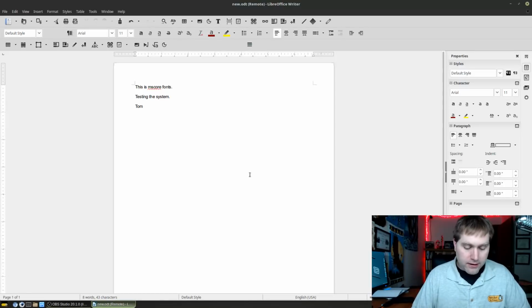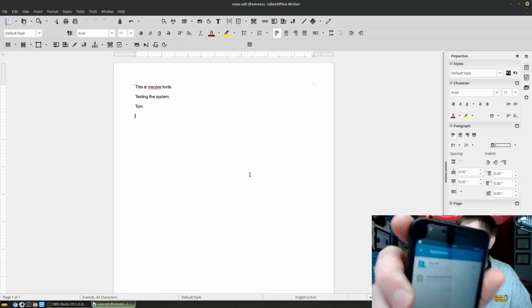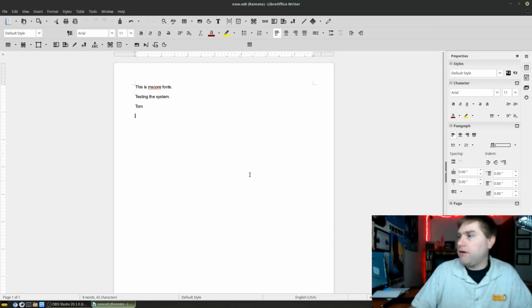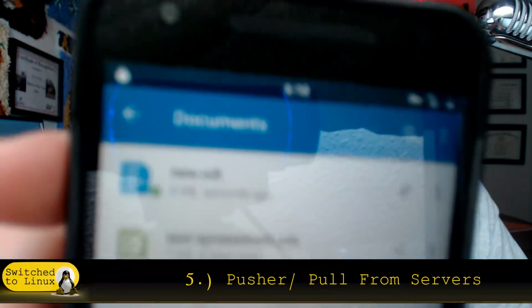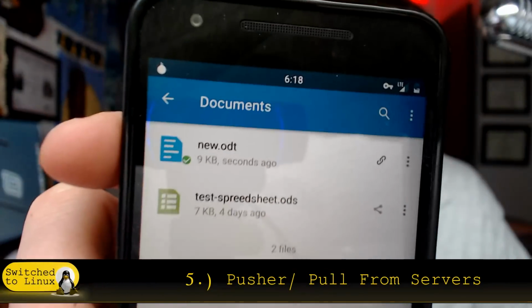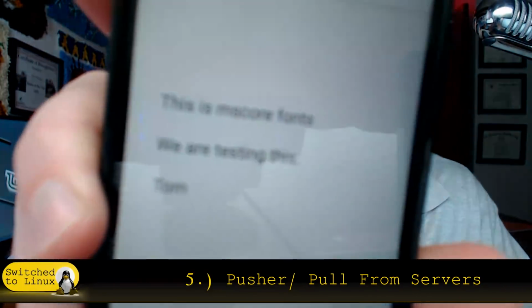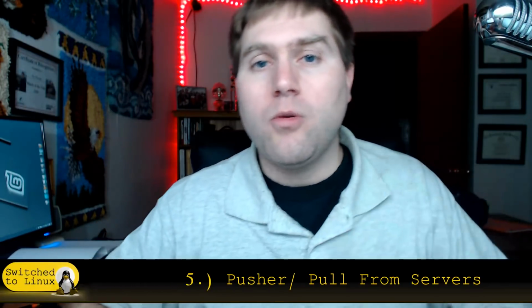So I'm going to go in here, and my application says that it was changed just a second ago. Let me go ahead and make my screen a little bit bigger so you can see that. So it does tell me that the document was changed just a second ago. I'm going to go ahead and click on that. It's going to open it up, and there's the new text. So this did actually pull the file. We made the adjustment on the computer, and we pushed it back up to the server